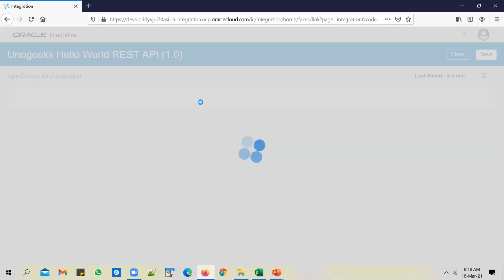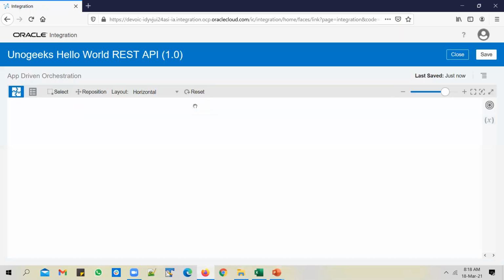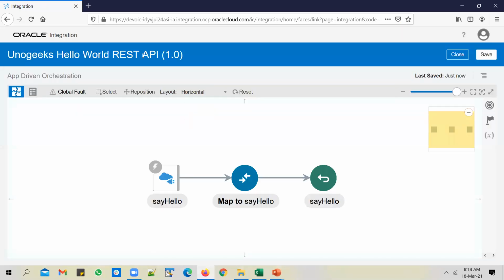All we are doing in this REST API is receiving name as an input, prefixing hello, and sending it back as a response. So it's a simple REST API which will take in name as an input. It prefixes hello here and it sends it back as a response. So with the help of this mapper, let's try to understand the options available there.